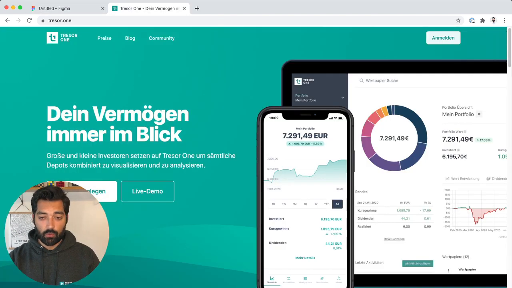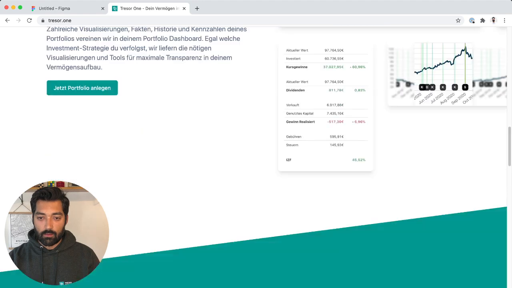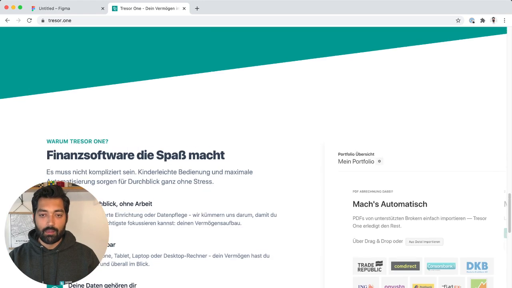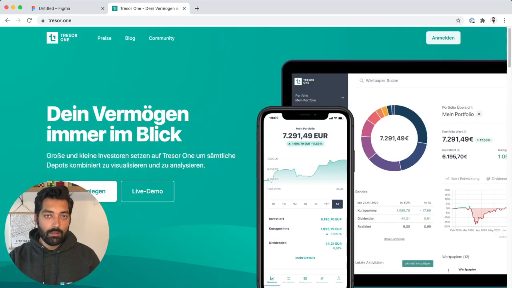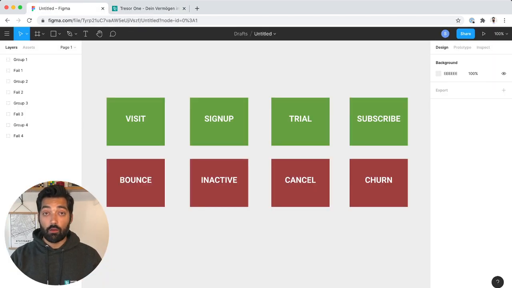We will change the wording here and make it more clear on the landing page that Tresor One is currently about stocks and ETFs. But of course, there are a lot of features still missing.